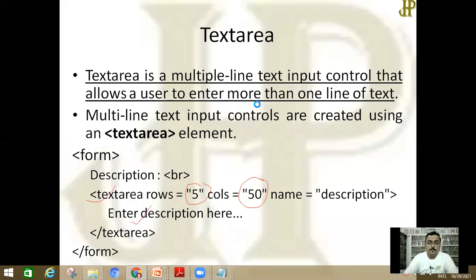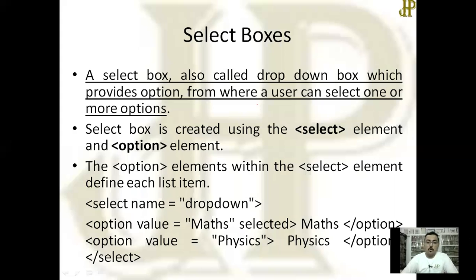Now, next one is select boxes. Again, there is a situation that pre-filled data is given. For example, you have to select a city, and the value of city is already given. So with the help of a drop down menu list, you can select a value of city. For example, you belong to some place like Agra, Allahabad, or anything.